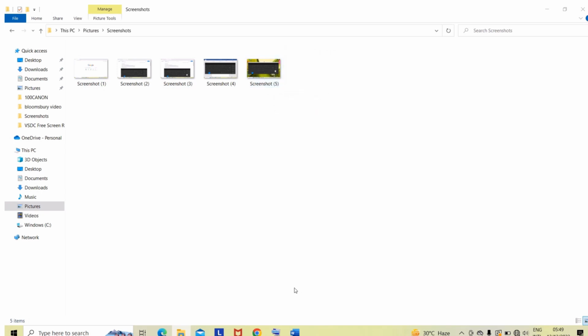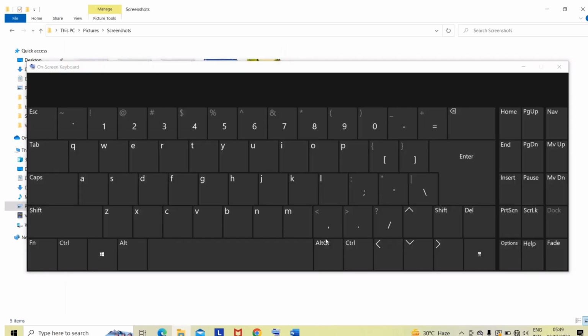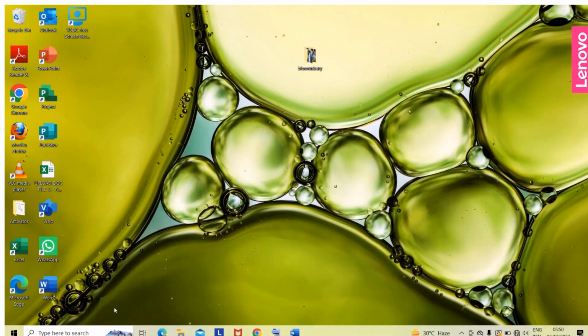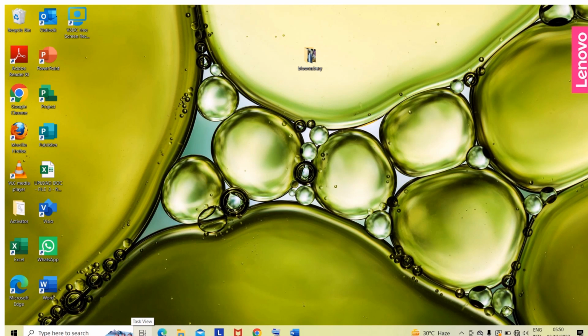All right. Then the last one I'm going to be showing you this evening is how you can easily view your windows. For example, you open a lot of windows and you want to see them at once, especially if you are working on Windows 10 or Windows 11. You come to your taskbar, this is your taskbar down here, and then you come to where it says Task View.